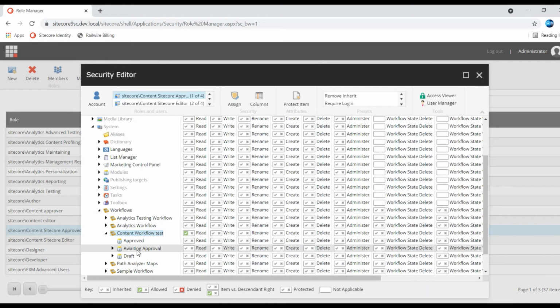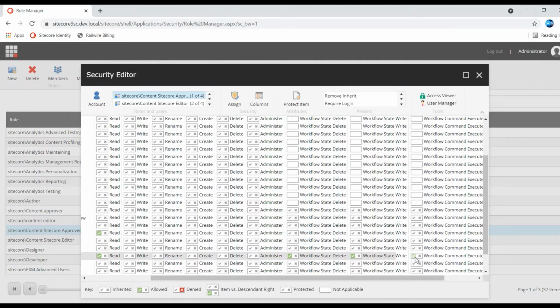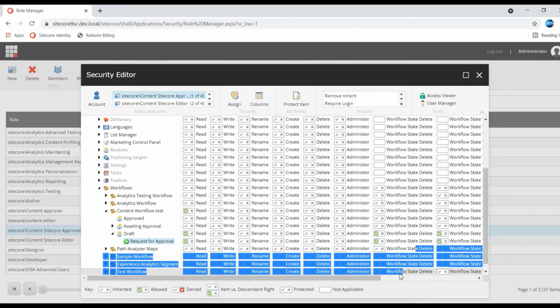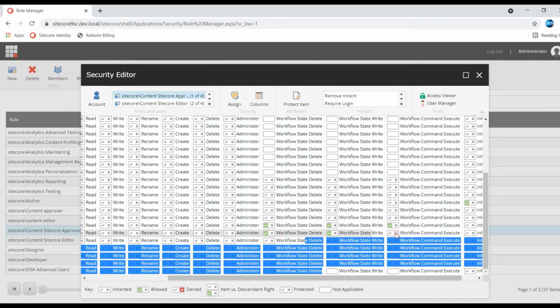This content approver will have access to this draft as well, and they can even change the draft. So I'm providing access to this, and request for approval as well, because the content author needs to be able to access this draft role as well. Okay, so I'm selecting this.